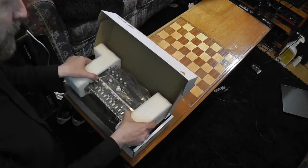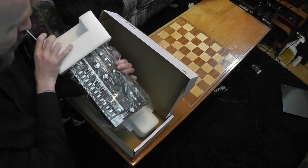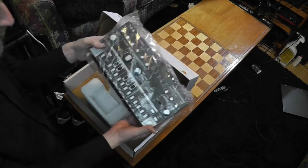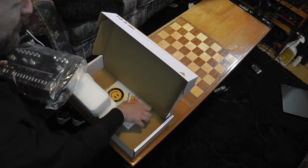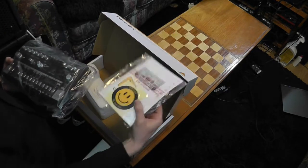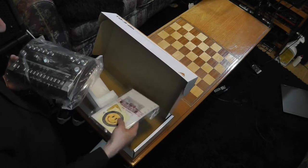something else. This is quite cool. Yeah, it's a 303. So, yeah, great. But Behringer know what it's all about. Look at that. It's got Behringer written on it,